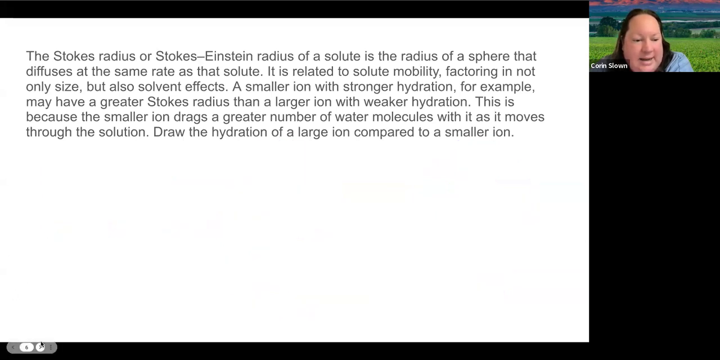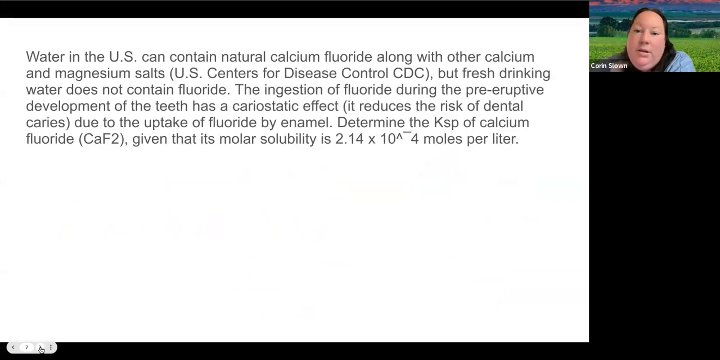Let's take a look at a slightly different problem. Water in the US can contain natural calcium fluoride along with other calcium and magnesium salts, according to the CDC. But fresh drinking water does not contain fluoride unless it's added. The ingestion of fluoride during pre-eruptive development of teeth has a karyostatic effect. It reduces dental caries, or it reduces cavities